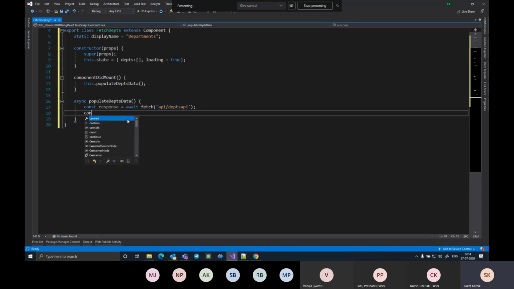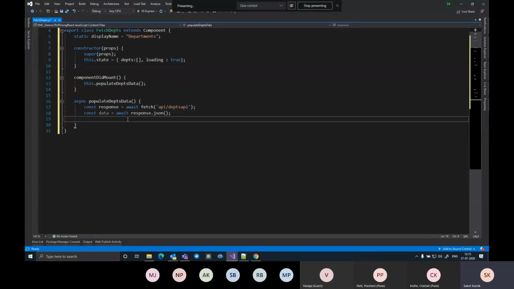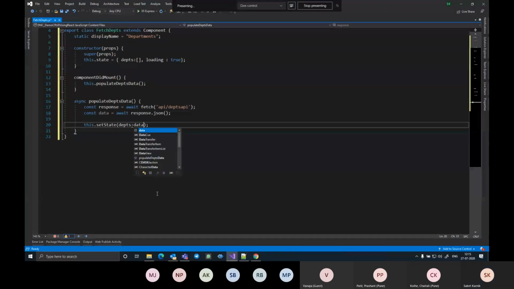Then I say there is another constant named data, where I'm saying await response.json. So whatever response is coming in, take it as a JSON object and assign it to data. And then with the help of this response, I'll say this.setState departments. That's the first parameter we have defined here. To data, which is actually going to be a JSON array, JavaScript array,